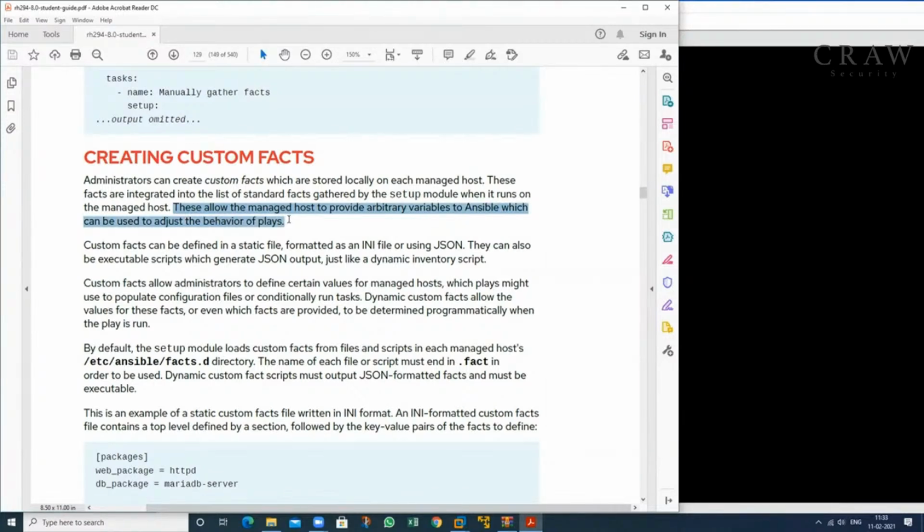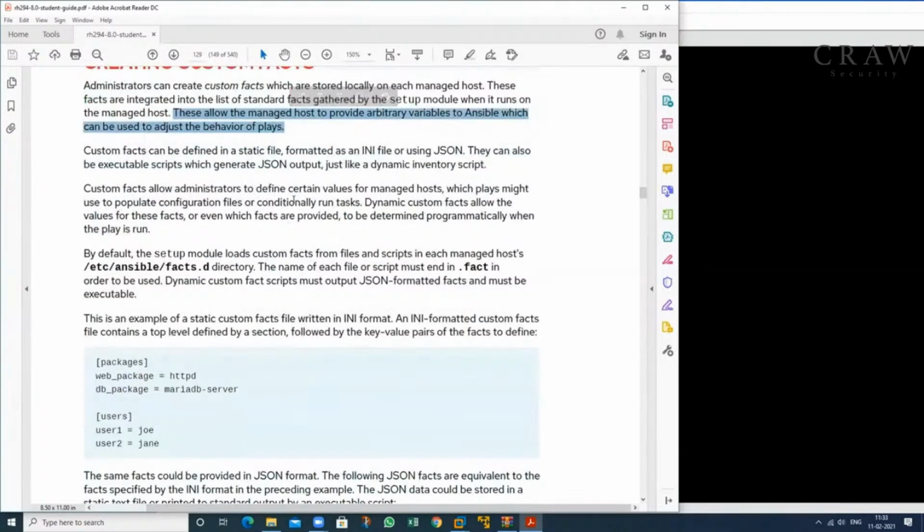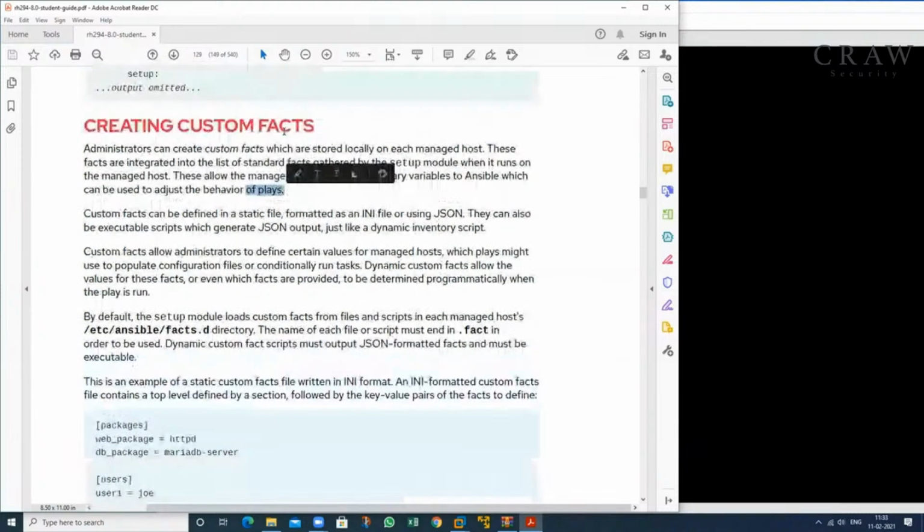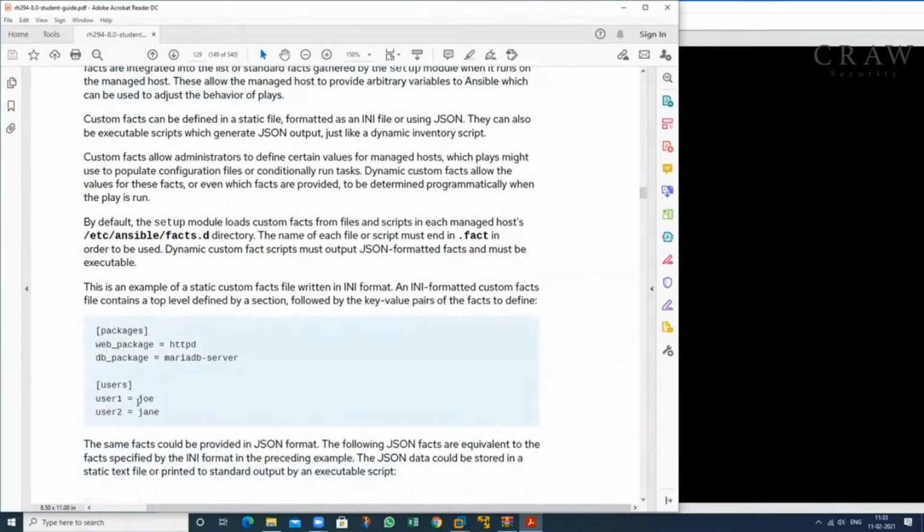Suppose I want to install a package, which package? The S3 package, and which package? MariaDB package, and I want to create a user. So these packages and users will be created automatically by using the playbook, and we can use which fact? This particular fact. So we don't need to write the name of that particular user. We just write the name of that particular variable,